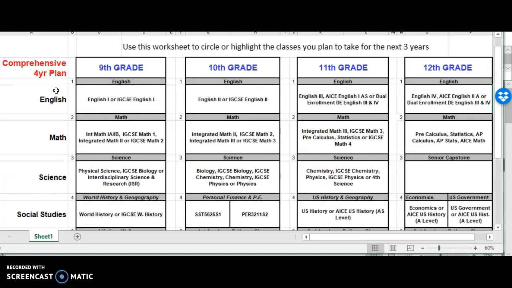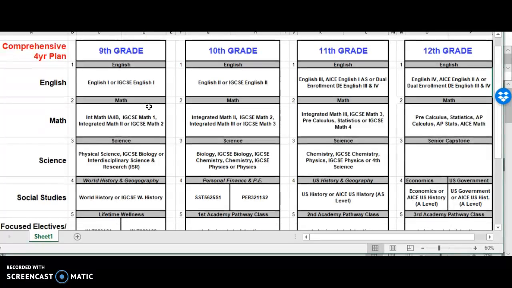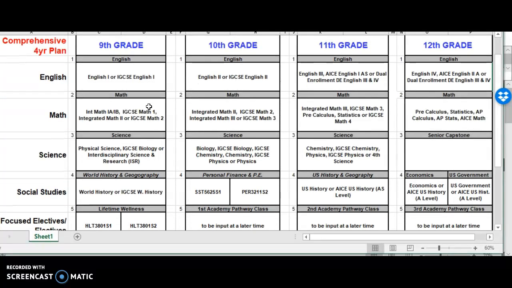Another view is, and this might be a little bit small print on the screen you're looking at, but there will be handouts for this. Again, for English, this template shows both the standard classes and also the higher level classes available. It takes into account the Cambridge program for IGCSE classes, A-level classes, and sometimes that gives additional options for the different grade levels